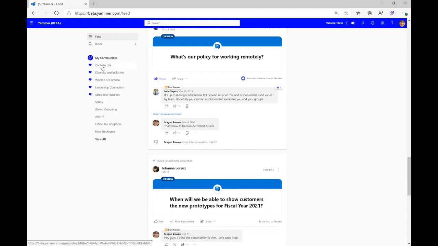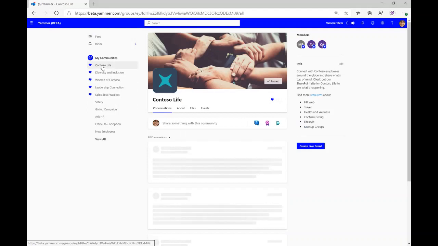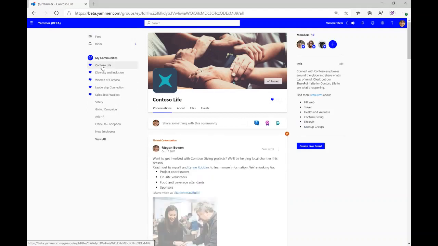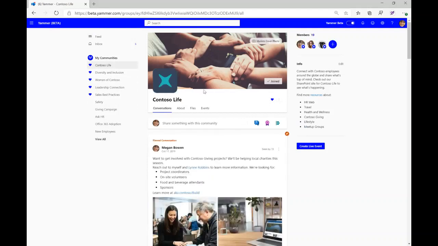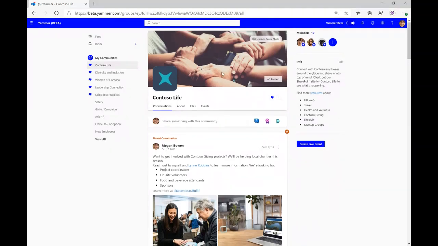Let's go over and look at a couple changes to the community so you can get a quick understanding of how the new Yammer looks and feels. So now I can upload a cover photo, and this gives me the ability to not only share my branding and my community identity, but also land critical messages in this really high visibility real estate.